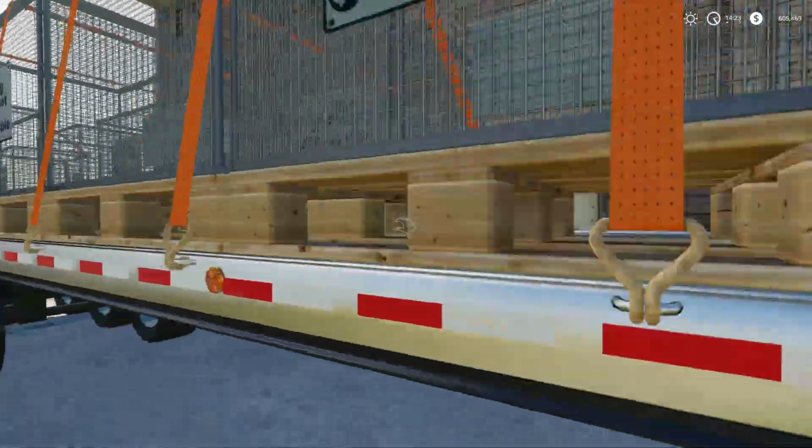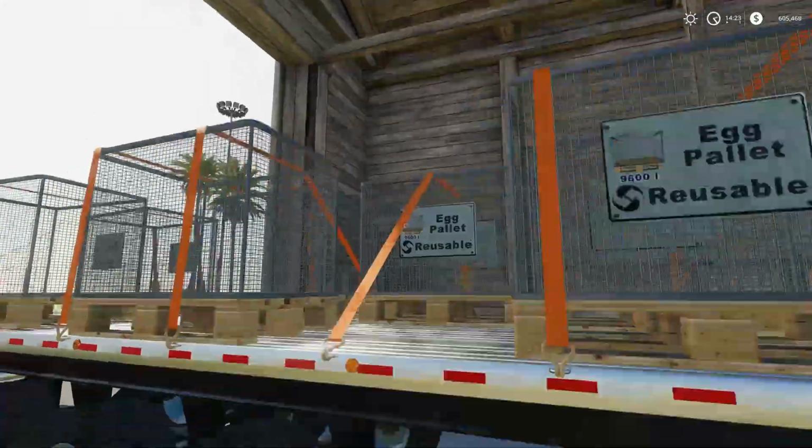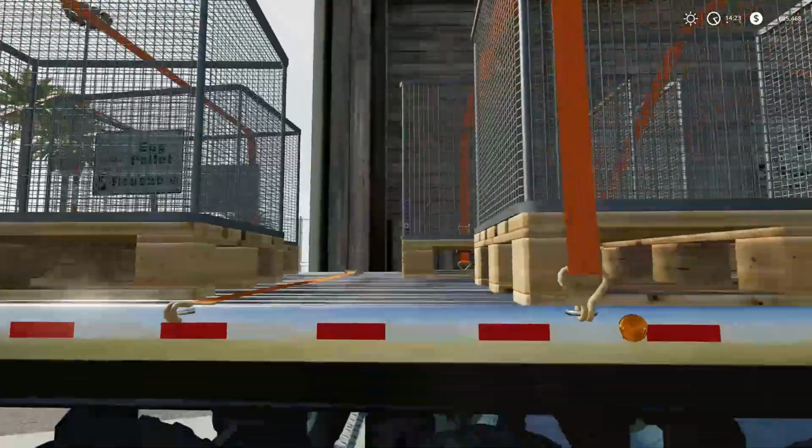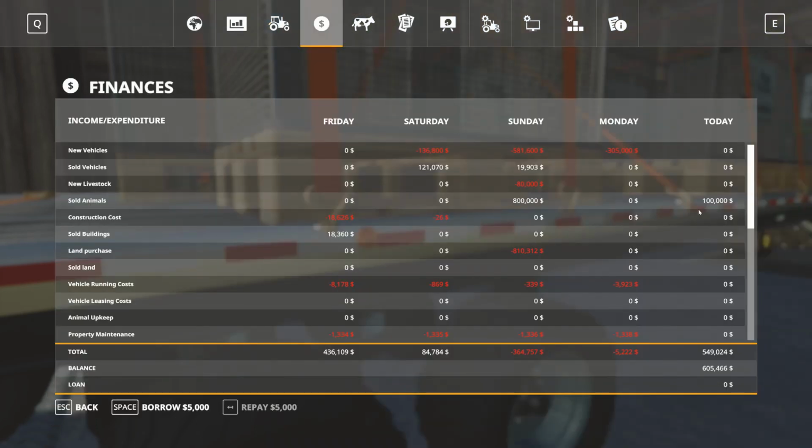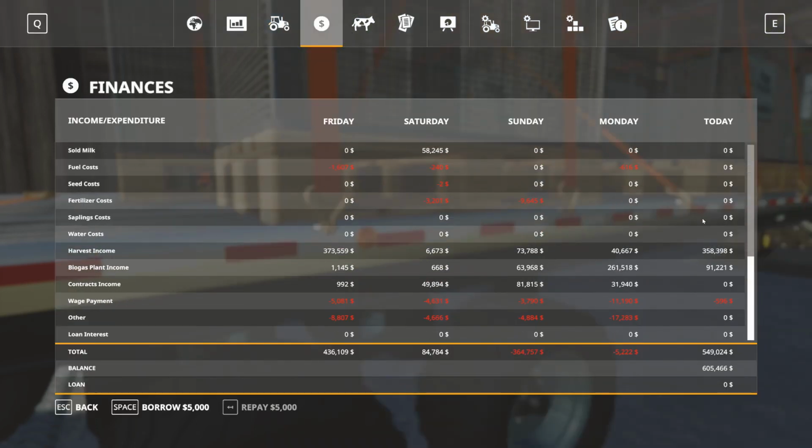Besides, I could use the He-Man mod also probably. I don't know if I needed to, but I need to sell these pallets without the labels on them. Those are the ones that are giving me somewhat of an issue. I don't think it's going to be able to tell us what we sold for harvest because...